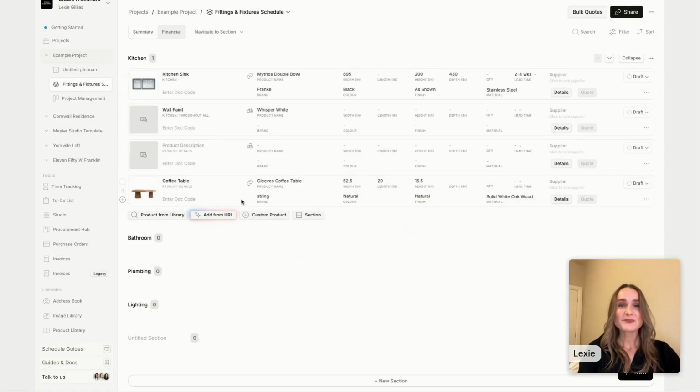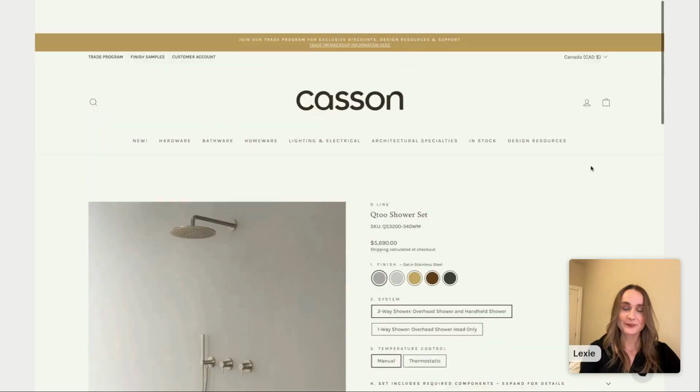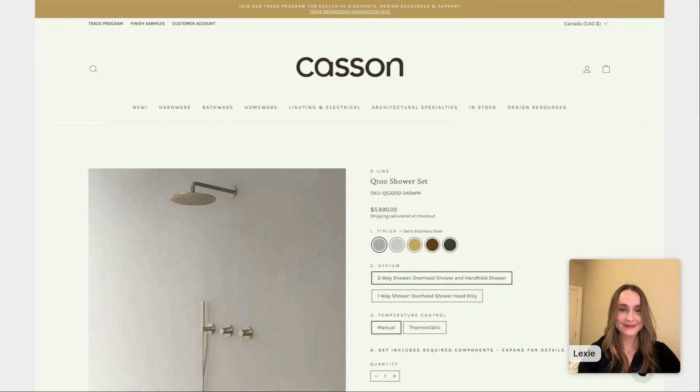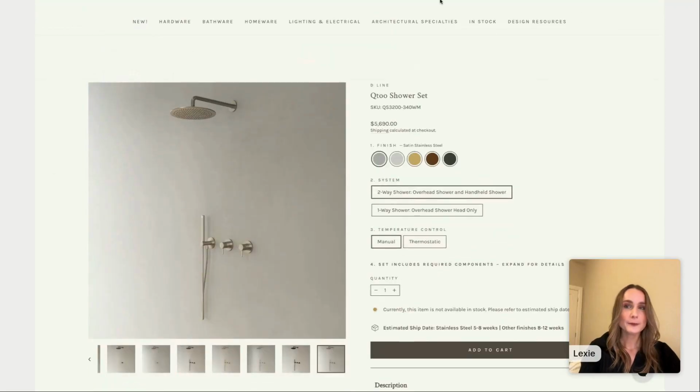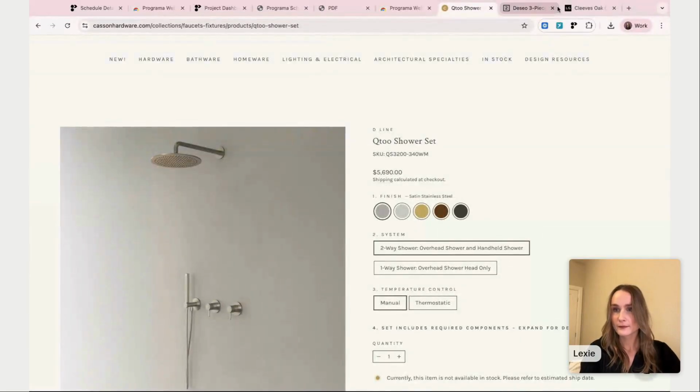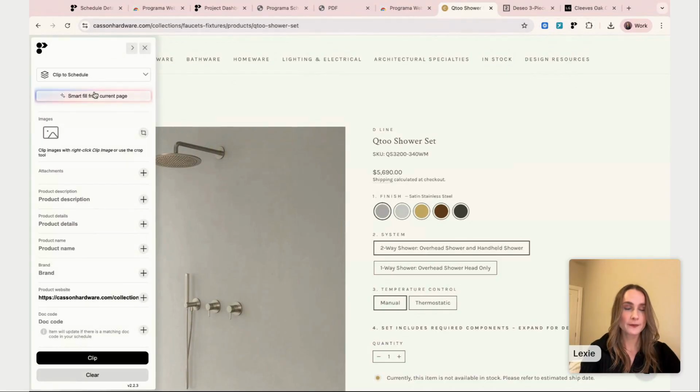Now, I'll show you the web clipper. So this is brand new, which I'm really excited about. Well, the web clipper itself isn't brand new, but the new aspect of it. So again, you're going to go on to a web page. So I'm on Casson here. I'm on a different tab of this product. I want this shower head. We're going to click our little logo in the top right-hand corner